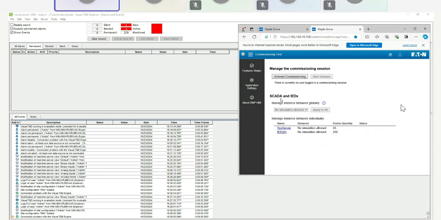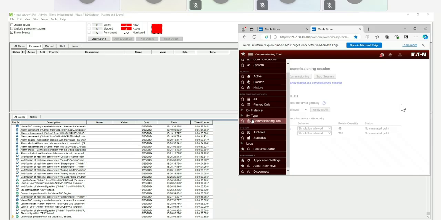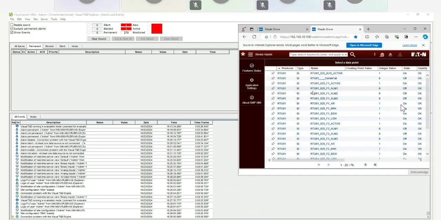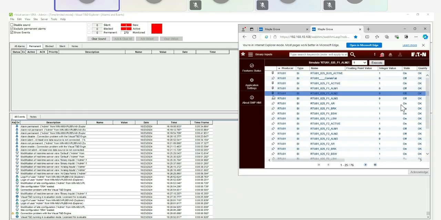So I will just trigger some changes of data here in the gateway itself. So what's that? Bus active, F1 active, alarm 1, 2, 3.